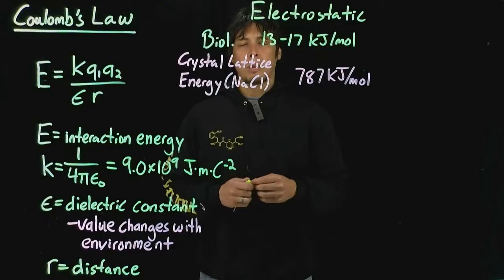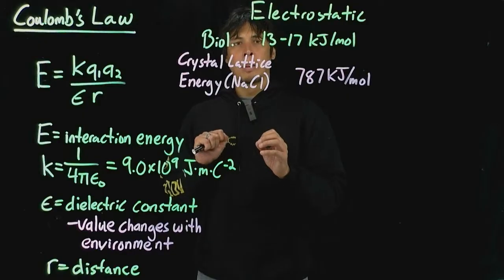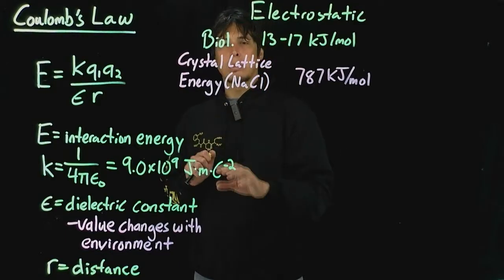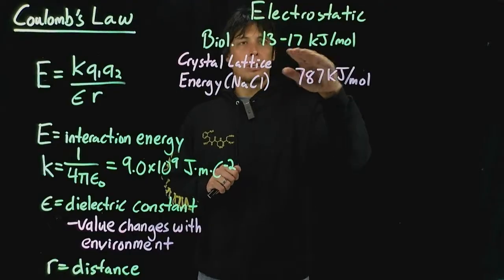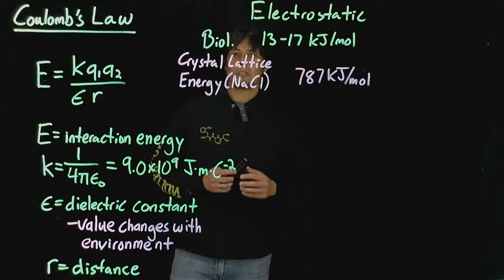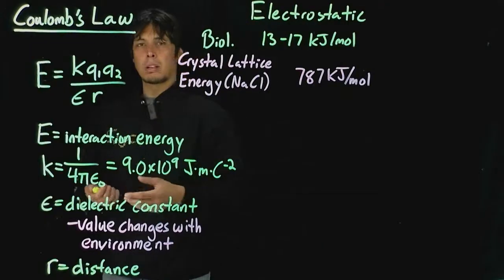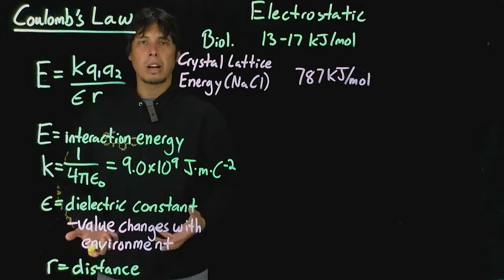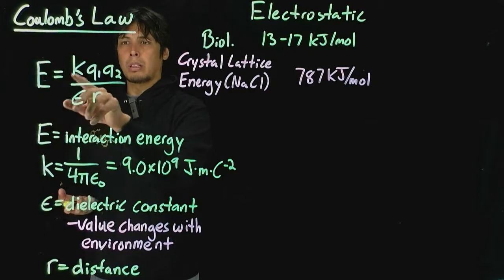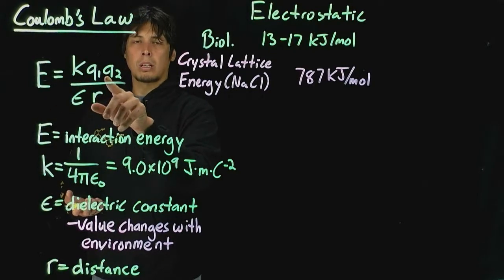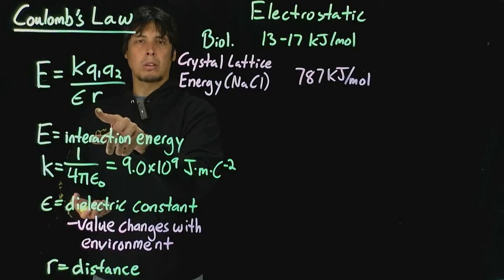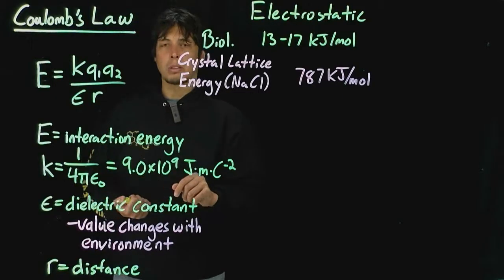So it's something about the environment that the charged species are in, a biological system versus in a crystal, that changes this energy drastically, by well over an order of magnitude, okay? To see why this is, we're going to look at Coulomb's law, which allows us to calculate the interaction energy between two charged species. This is the equation here, where E equals K times Q1 times Q2, and then in the denominator we have a term called epsilon and a term called R, all right? And we'll go through each of these terms right now.